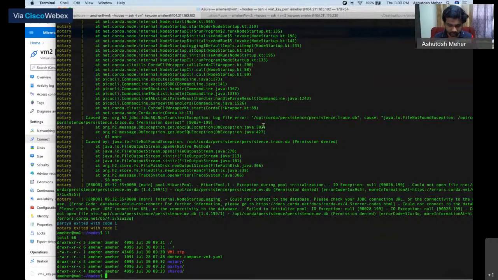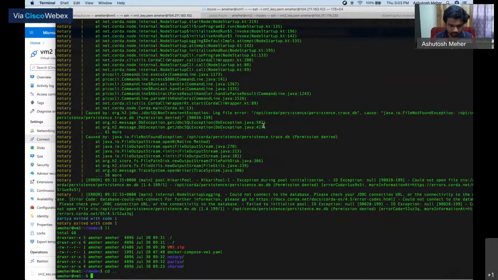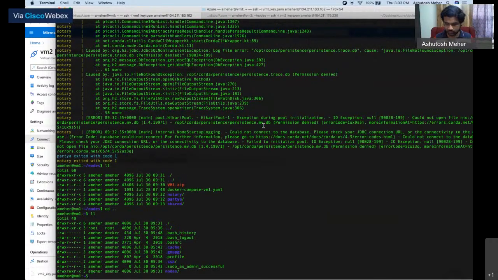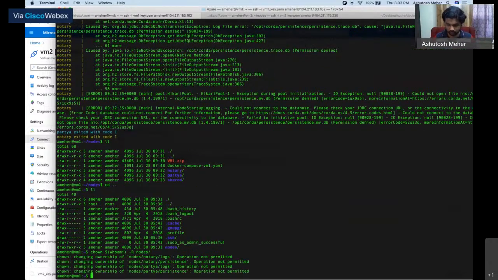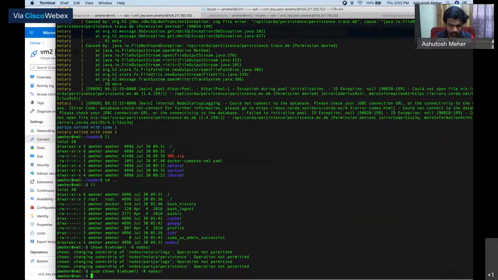I guess you guys can do that, but to cater to this, all I'll do is take the ownership of the files recursively, and just keep everything in nodes to me. Sudo. All right, that should work, I hope.